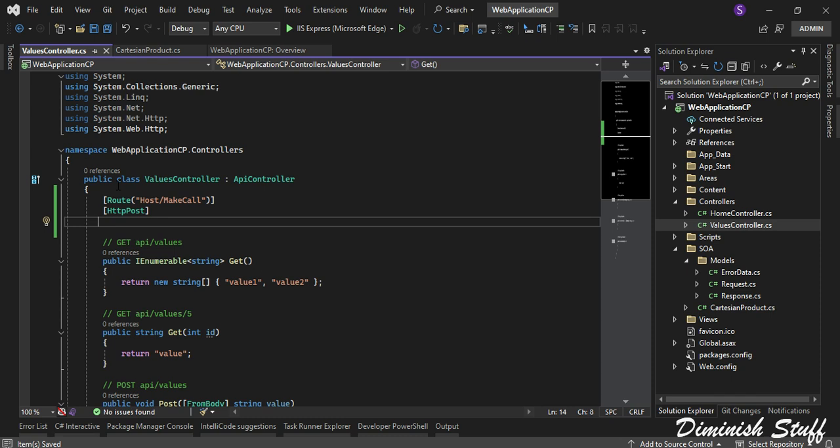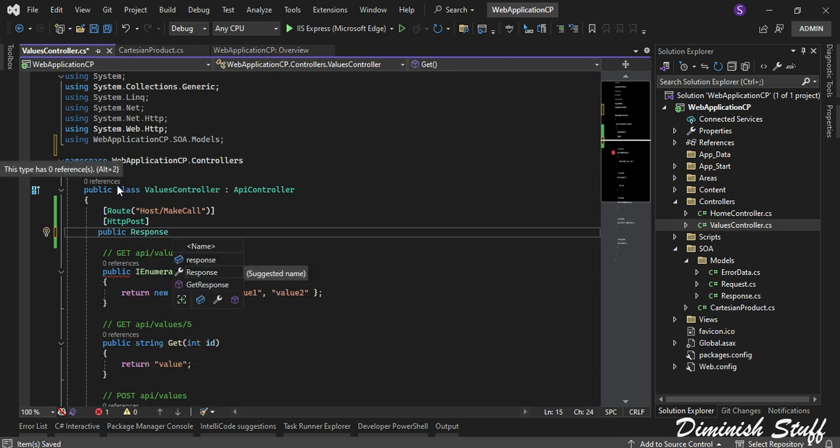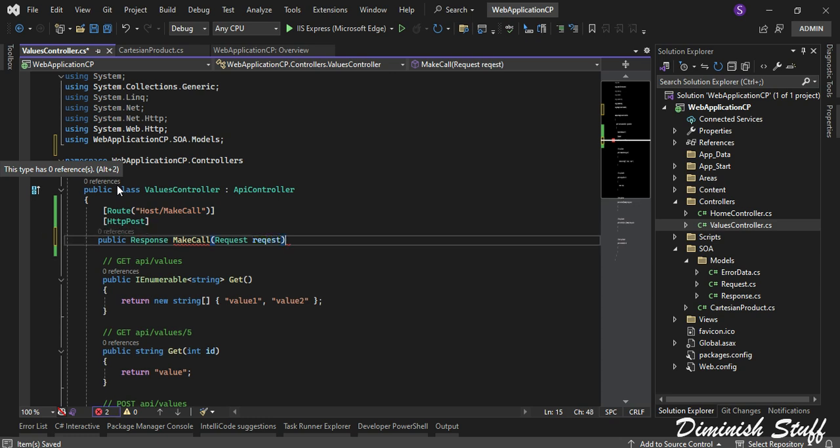And I'm going to name it a public accessibility that will be having return type response, and that will be my make call method, and I will be getting some request object inside it in the form of request, I will say that. Yep,